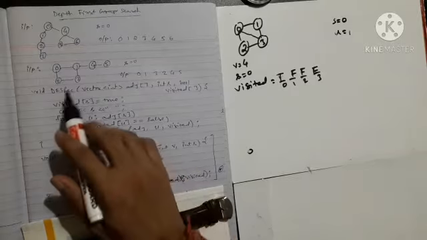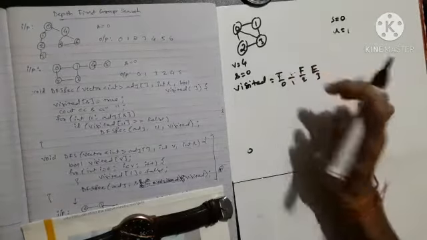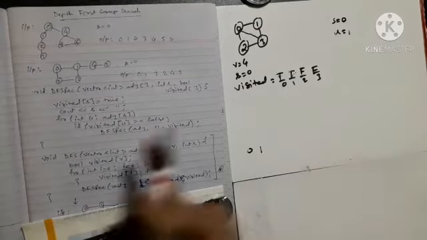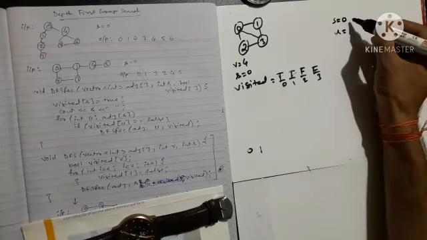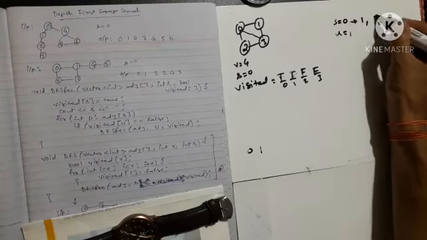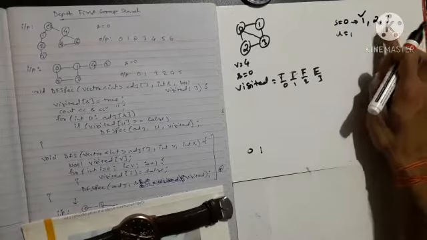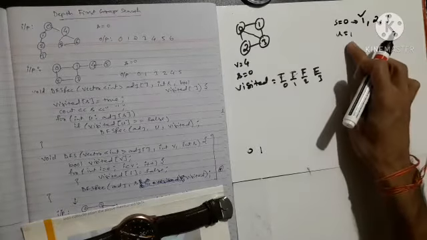So again I am going to call this function. Now again I will make 1 as true. So I will make 1 as true and I will print that 1. So I am printing 1, and again I will call. Now from 0, what are the neighbors of 0? I am writing here, neighbors of 0 are 1, 2 and 3. Let's say we have chosen 1. Now 2 and 3 are in pending. Okay, 2 and 3 are now in pending mode. Control has gone to 1.